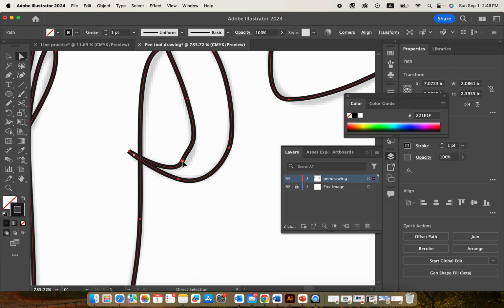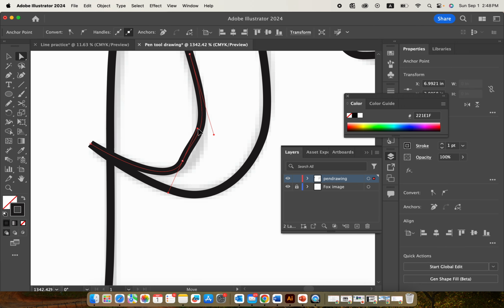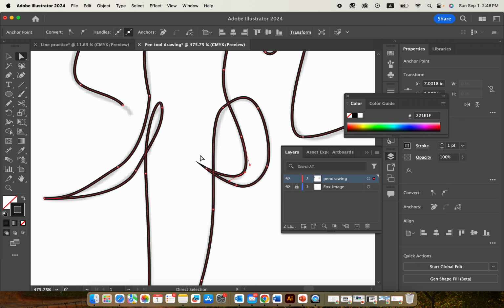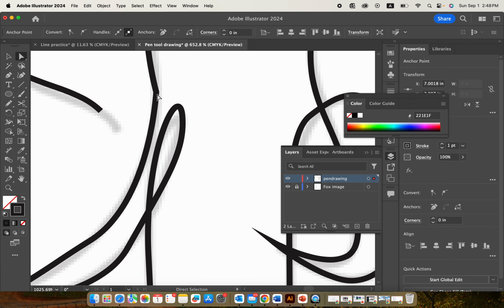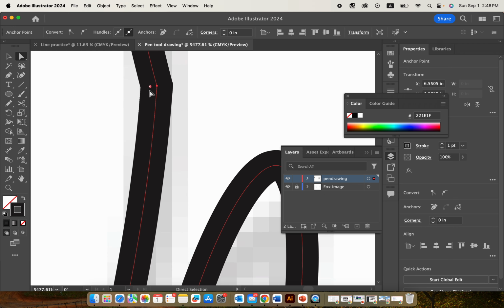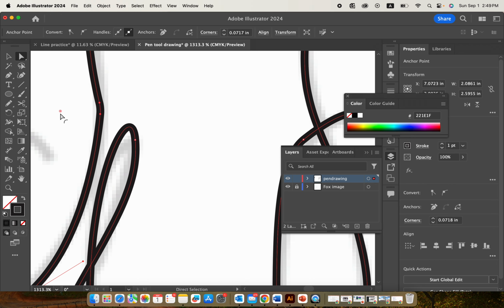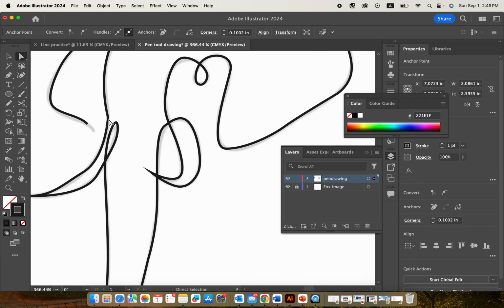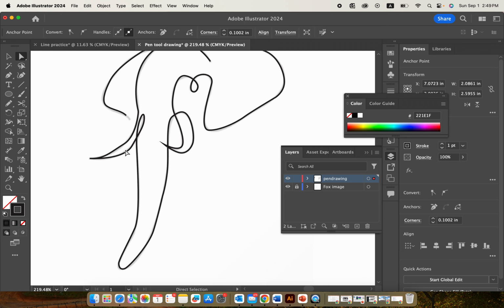If you click on one of them, the handle will appear again. So in this way, you can adjust the handle again to make everything look better. Like this point is not beautiful. So when this little white circle appears, that means you can add a radius for the angle. Just click and drag this little circle. Or you can also